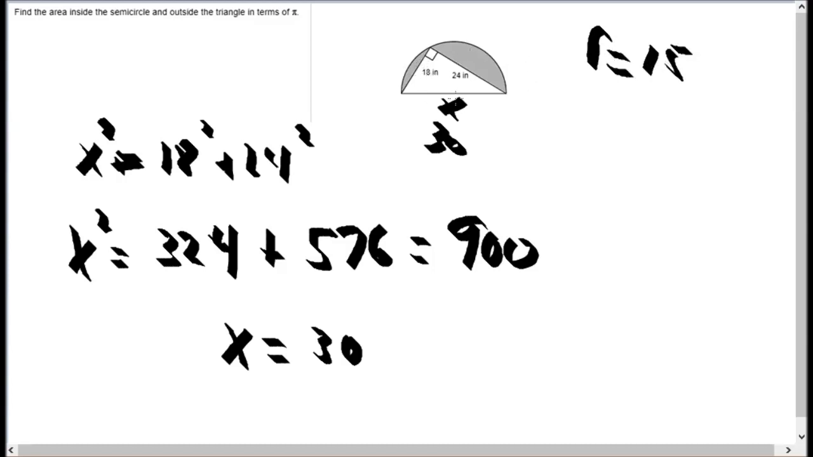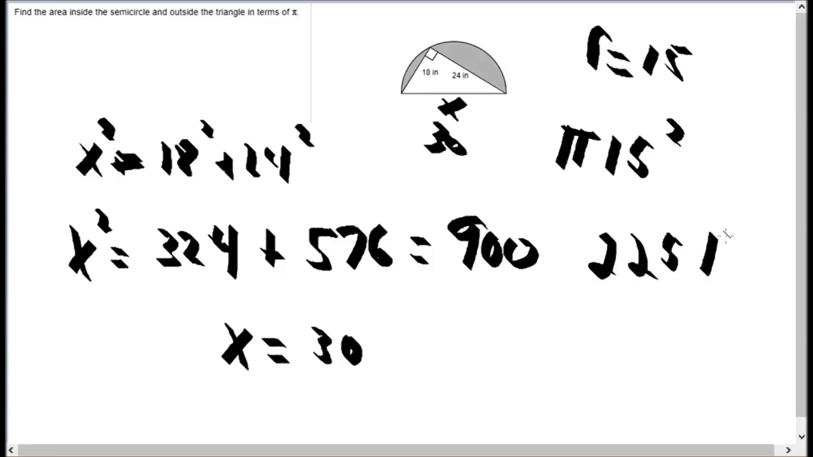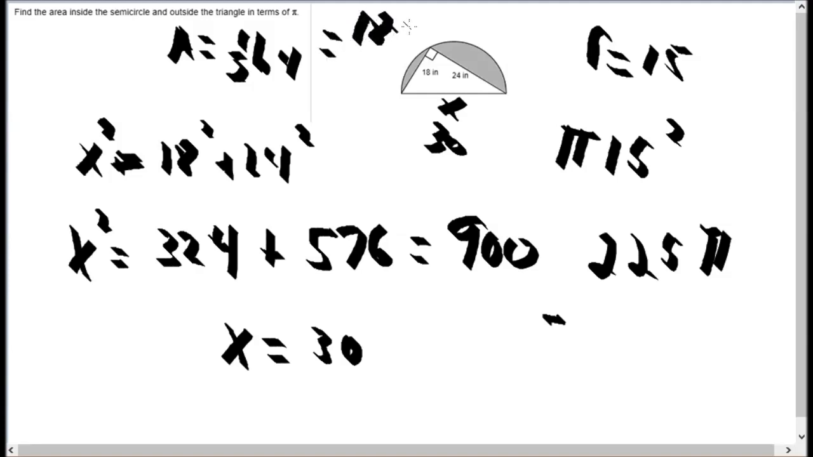So the area of the whole thing is going to be pi times the radius squared. So we have 225 pi at the moment, but that's everything. And then we can take that and subtract away the area of this triangle. Remember, the area of the triangle is area equals 1/2 BH. So 1/2 BH becomes equal to 18 times 24 divided by 2,